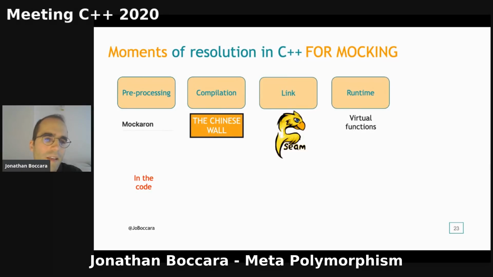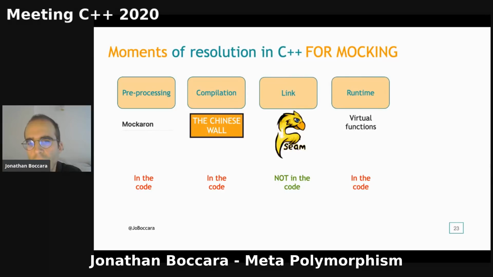Now, this preprocessing polymorphism is defined in the code, right, with #define, for example. For compile time, it's also defined in the code with templates, for example. For runtime, it's defined in the code with interfaces and inheritance. But for link time, it's not defined in the code. It's defined in the build files. We're not going to get into the build files. We're only going to talk about code, but